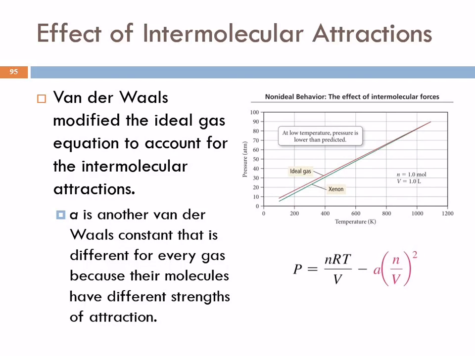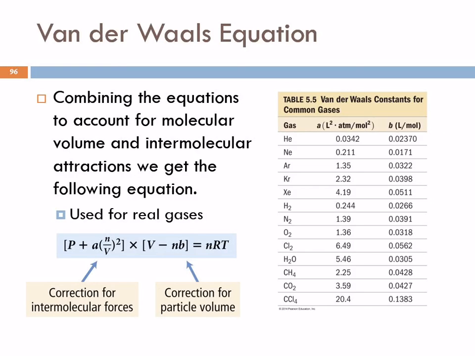So we need to go over the van der Waals corrections to the ideal gas law, but the book has no examples of problems with them. And so it's going to end up being sort of a conceptual question on an exam. It's in the course outline, so we have to talk about it. So you can put those two corrections together, and you come up with this mess. Correction for intermolecular forces, correction for particle volume. And people have measured these constants for different gases, and so if you need them, you can go look them up in a table.